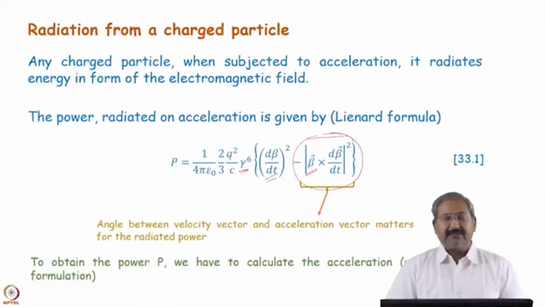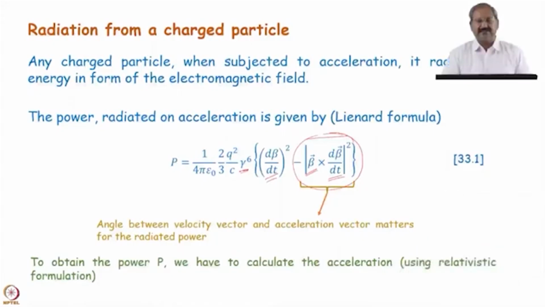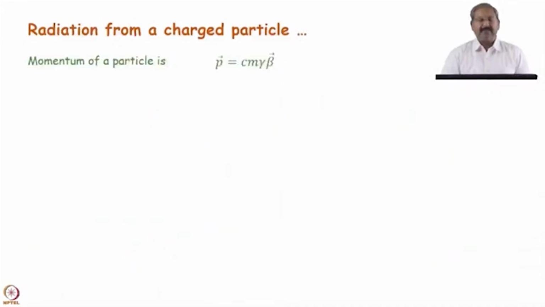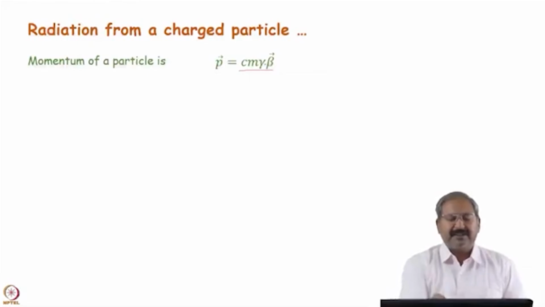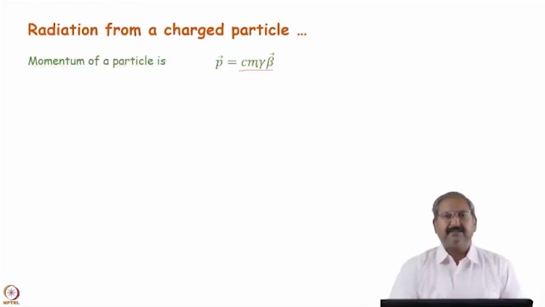Now for obtaining the power, we have to calculate d beta by dt, which means the acceleration has to be calculated for the charged particle. Because we are working with the extreme relativistic cases, we have to use relativistic formulation for obtaining the acceleration. So we will do that. Now the momentum of the particle is given by c m gamma beta. This is the relativistic momentum,